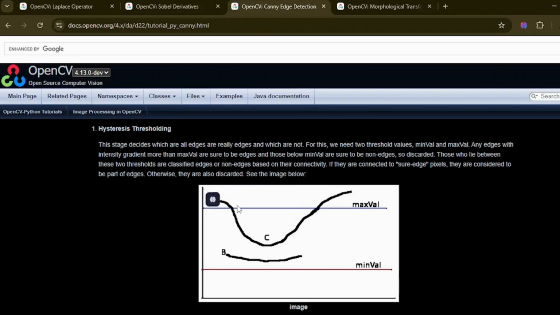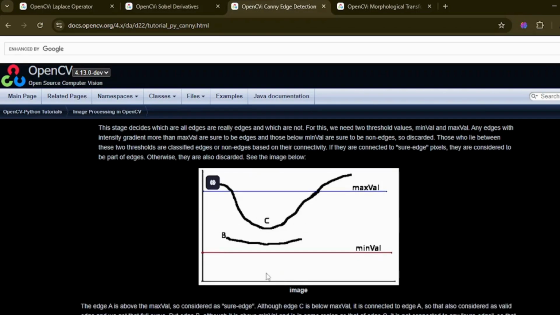Now how does this thresholding work? Any edge whose intensity is greater than the maximum threshold value that you pass is considered a sure edge. Whereas any edge whose intensity is below the minimum threshold will not be considered an edge, it will be discarded.